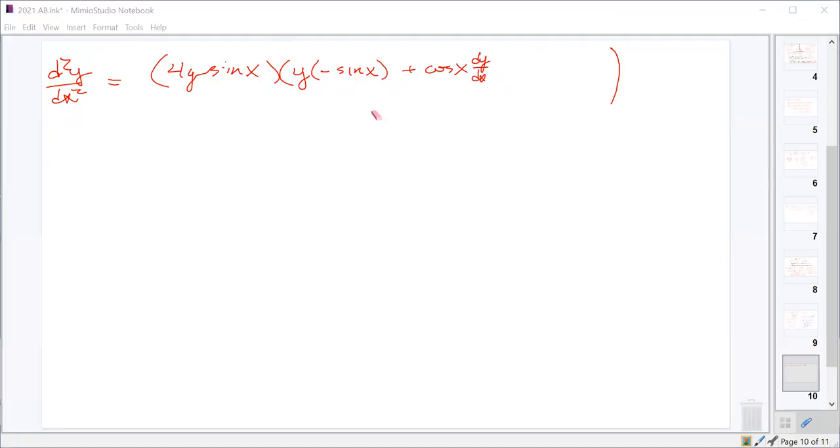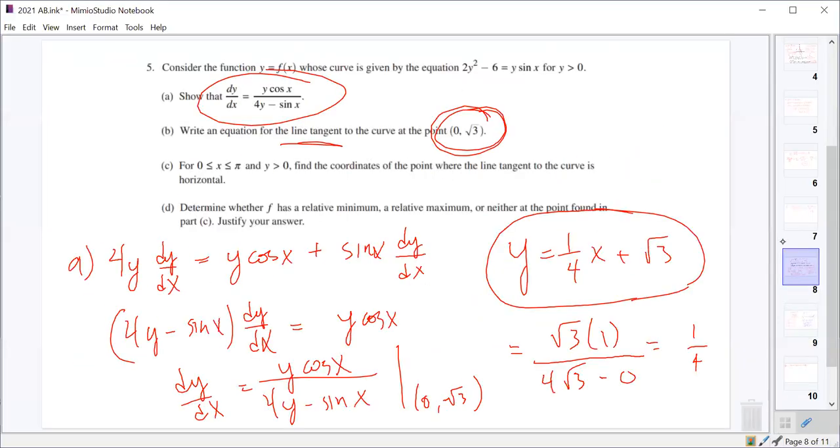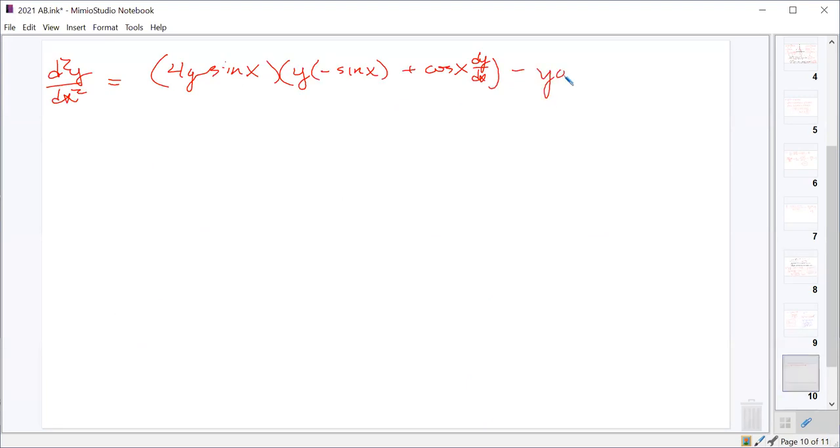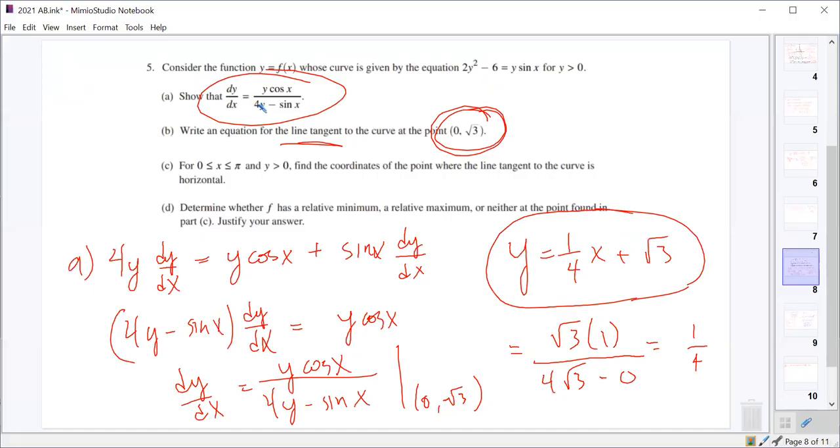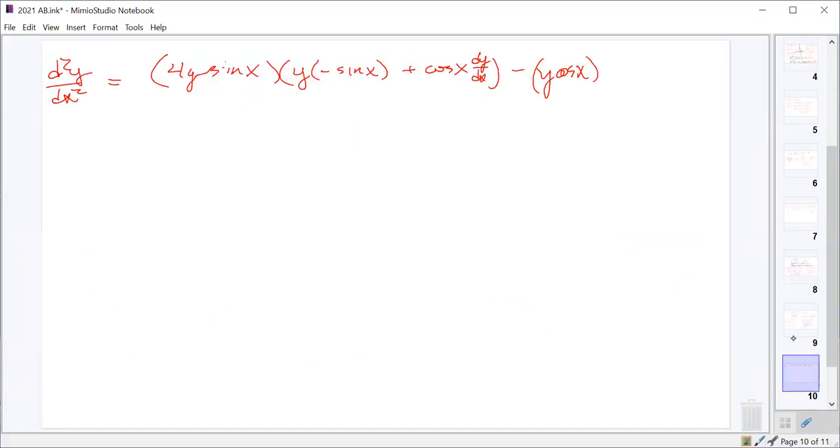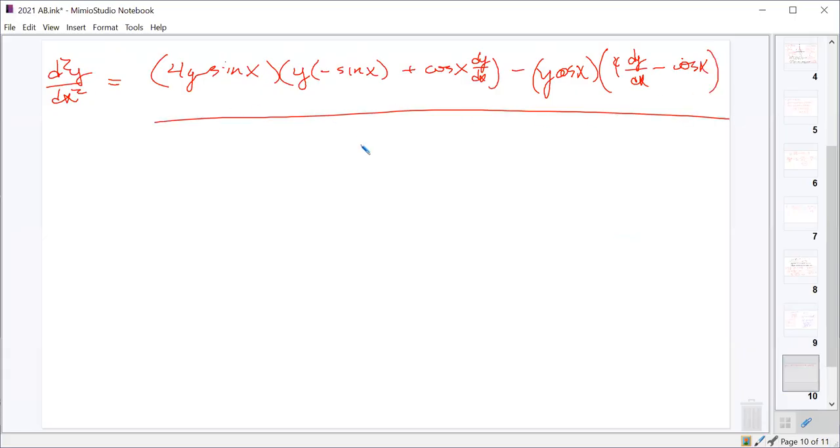Perfect. I missed a parenthesis. And then minus what? Minus y cosine x times the derivative of 4y minus sine x, which would be 4 dy dx minus cosine x. All over the denominator, which was 4y minus sine x